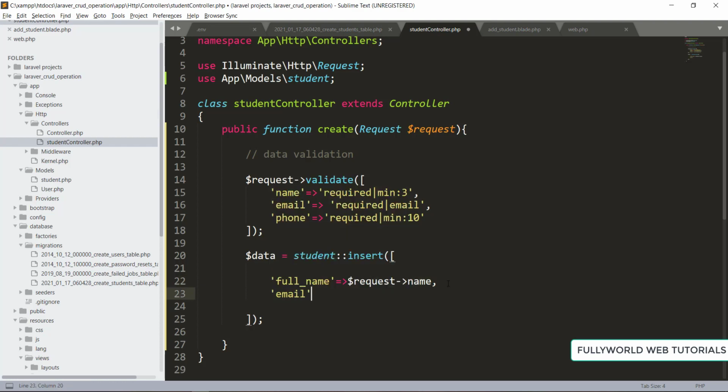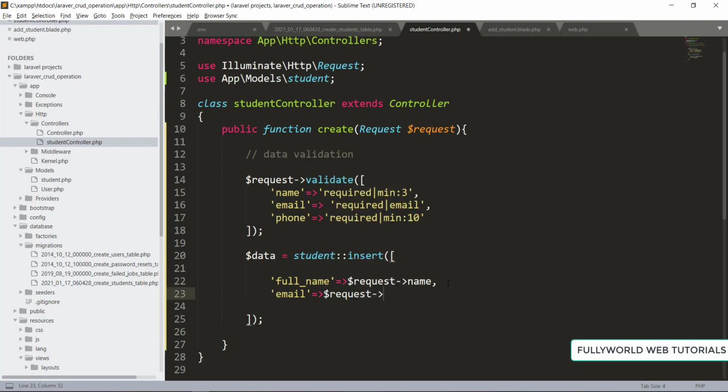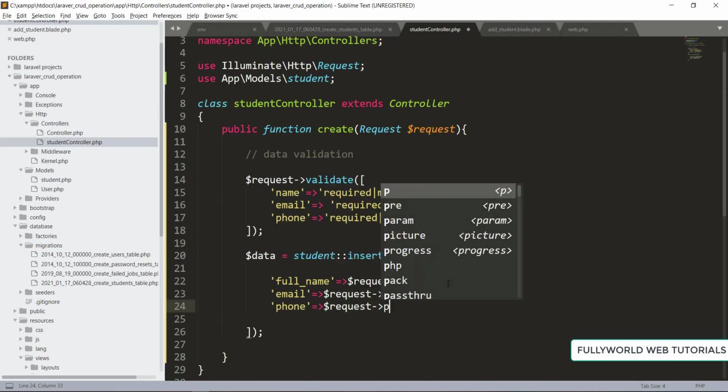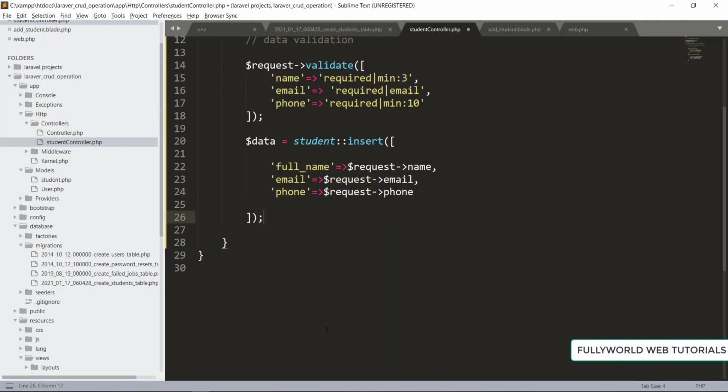Then we want our email. The same thing will be there, request and then email. And then we want our phone. So there will be our request and then our phone. Now let's check it.